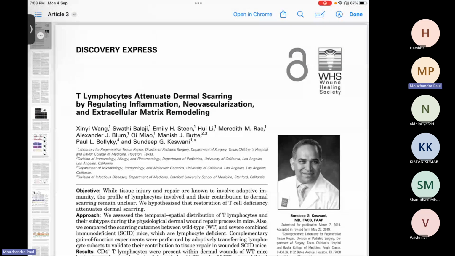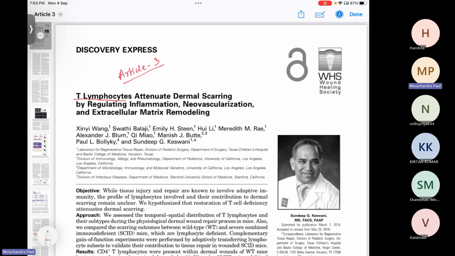So in today's class, we will look at this paper. This is article number 3. The title of the paper, as it suggests, is studying the role of T lymphocytes on the